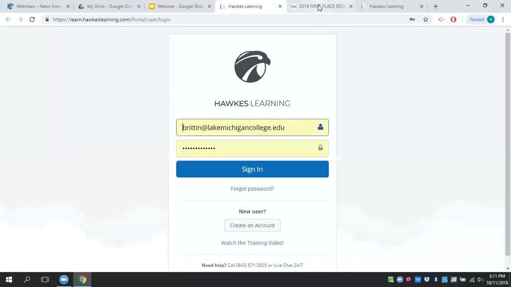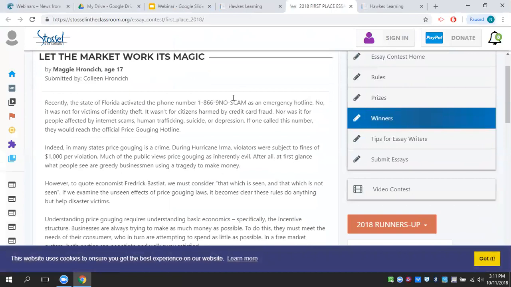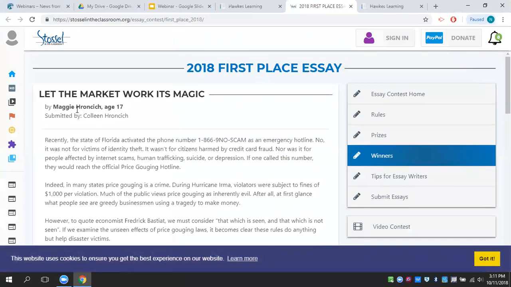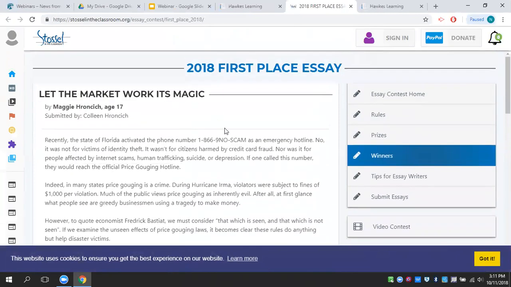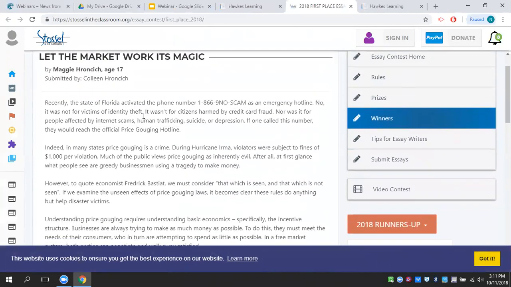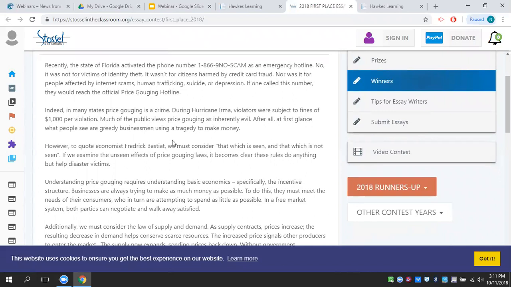So it comes up, and that's the wrong thing. So it's right here. It says, "Let the market work its magic," and this is by, I'm not quite sure how to say her last name, but she's age 17. Throughout this article, we won't read the whole thing, but you can track it down. She argues that price gouging is good, that right after, say, a hurricane in Florida, raising the prices is really helpful. And she mentions things like, because it conserves goods,